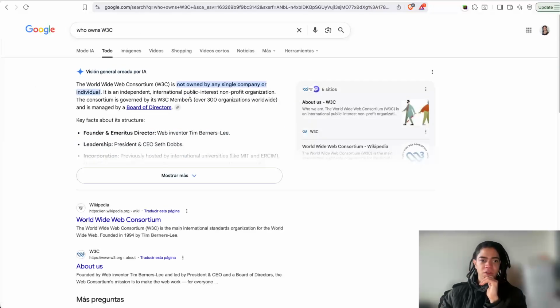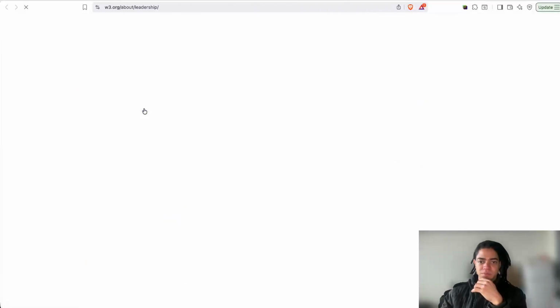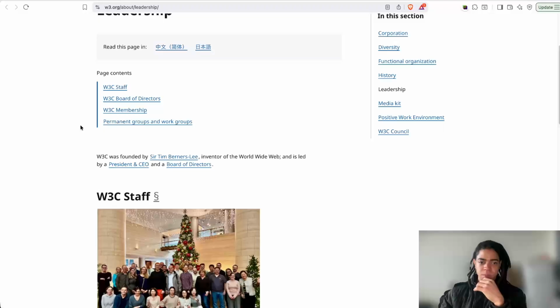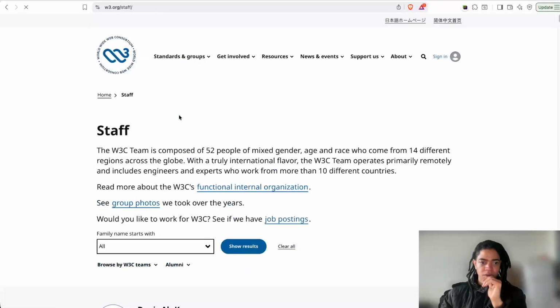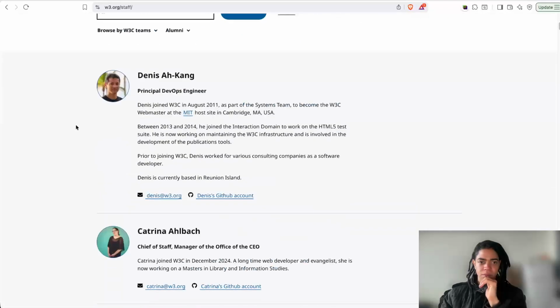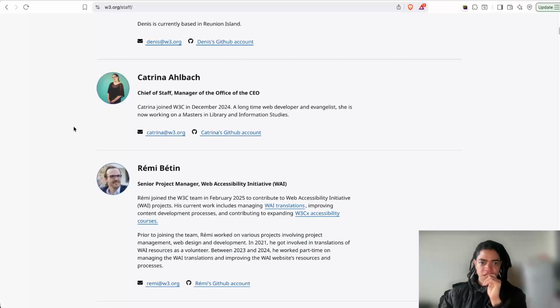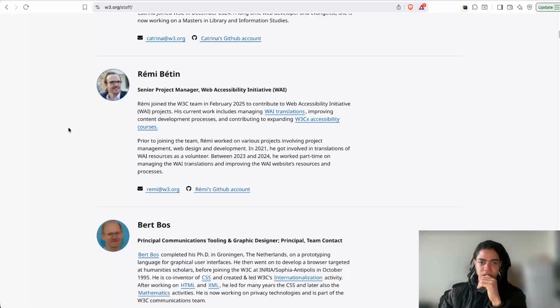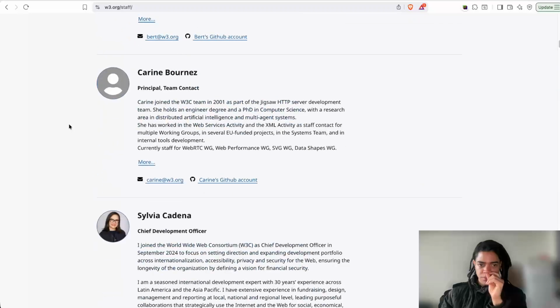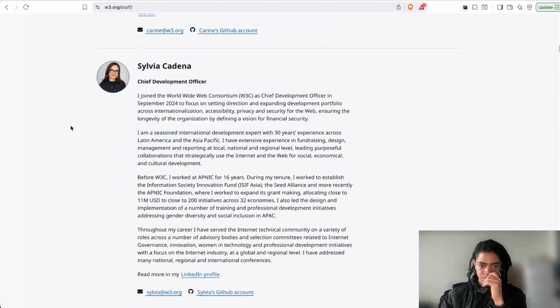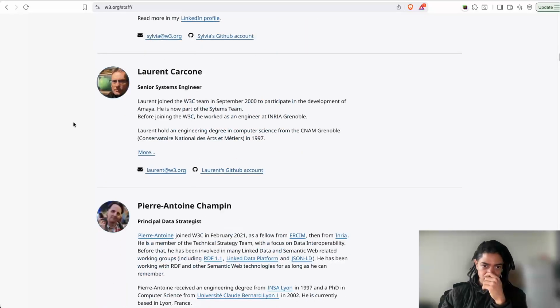It's not owned by a single company or individual. It has a board of directors. Over 300 organizations worldwide, and it is managed by the board of directors. The board of directors, staff, principal director of engineering at MIT, chief of staff, manager of the office and CEO, senior project manager, principal communications, principal team contact, chief deployment, senior system engineer,